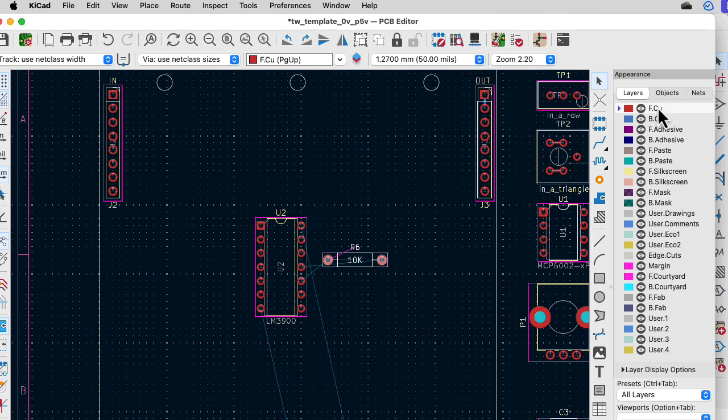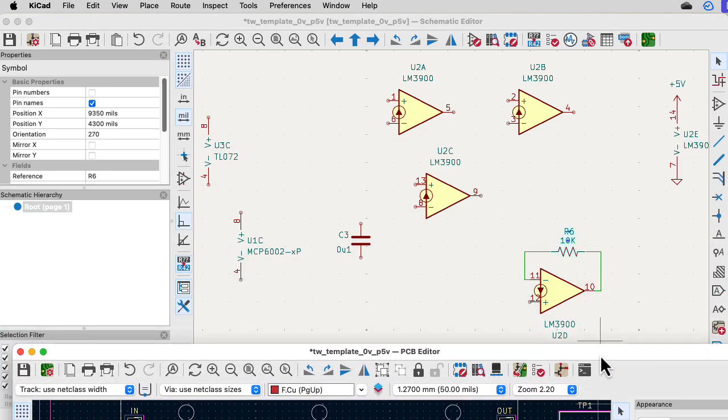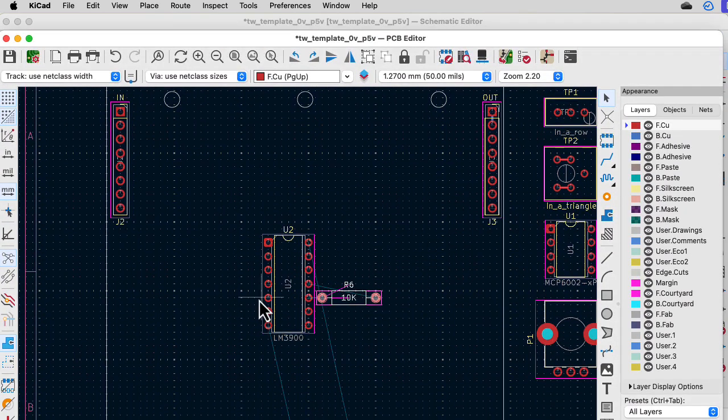Okay. So I might do something like M for move, stick this here, or maybe I would stick it here. Actually, typically the way I would like to do this is I like to take the feedback resistor and put it at the output pin. So that would be pin 10. 1, 2, 3, 4, 5, 6, 7, 8, 9, 10. So yeah,